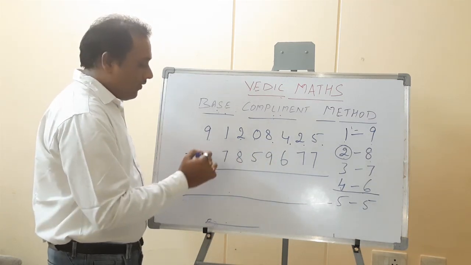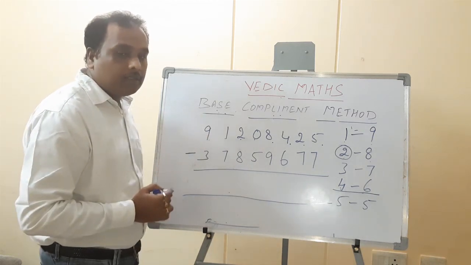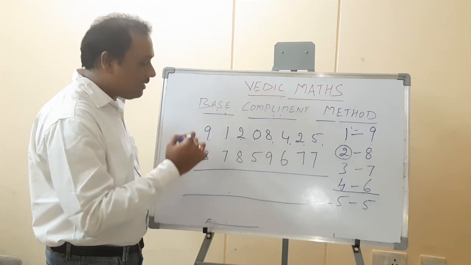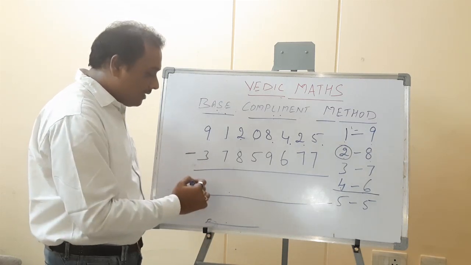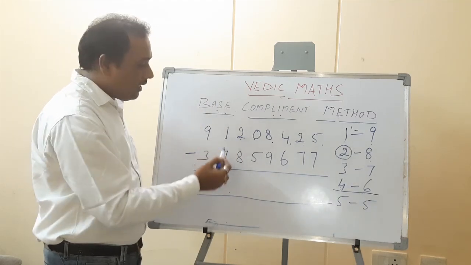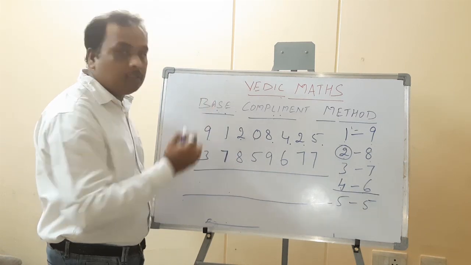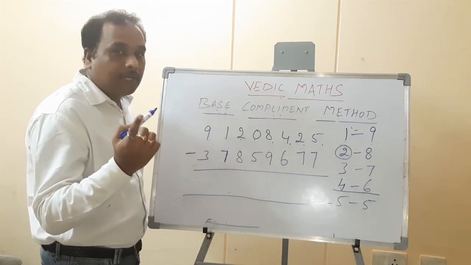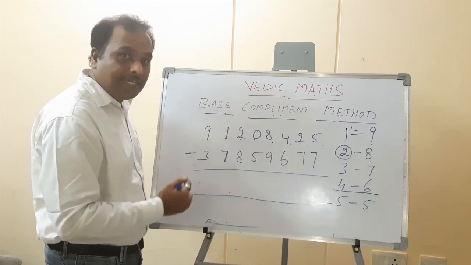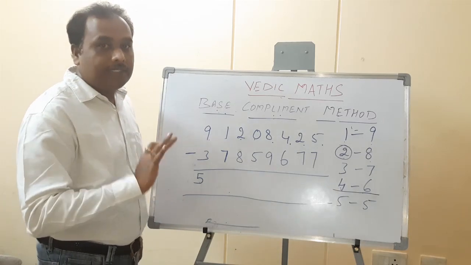So if I am subtracting 3 from 9, how much am I getting? Normally we get 6 actually. So generally I write 6 here. But before I write 6 here, I need to see the next one actually. So when I am seeing the next one here, can I subtract 7 from 1? No, I cannot subtract 7 from 1. So instead of writing 6 here, I am writing 5 only. I will not write 6 here.